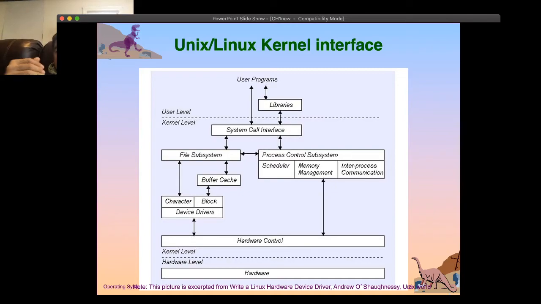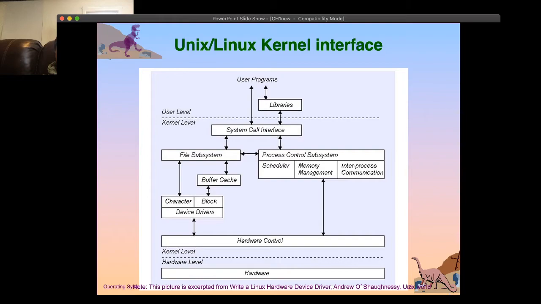Okay, if you look into this diagram, you're going to see something similar in terms of interface. On the top, you have the user or user program that wants to communicate with the kernel through system calls, or maybe the user program uses the standard libraries, which in turn use system calls